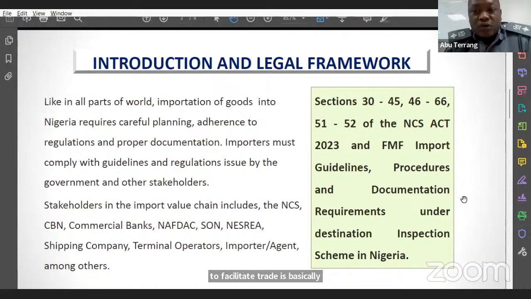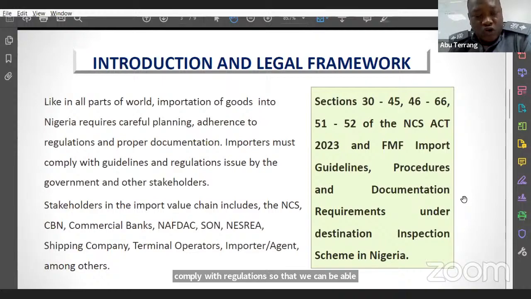And adhering to the regulations when it comes to import transactions starts with proper documentation. Proper documentation is key to all aspects of customs transaction, from the beginning of importation until you receive your stuff in your warehouses. So we must always comply with regulations so that we can facilitate our transactions